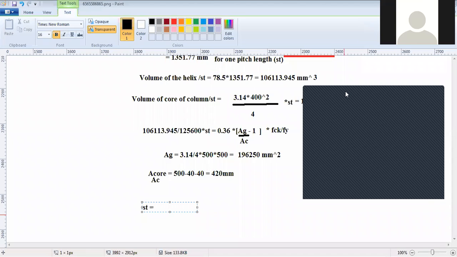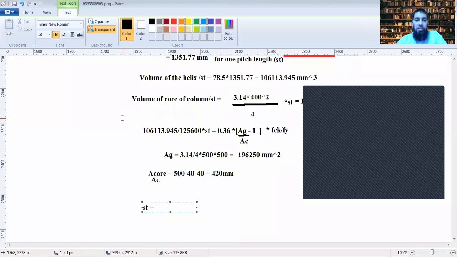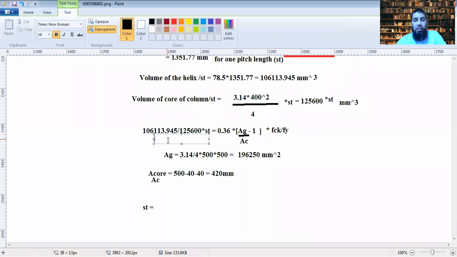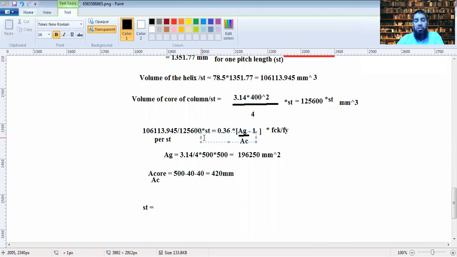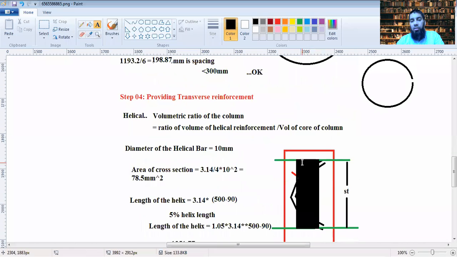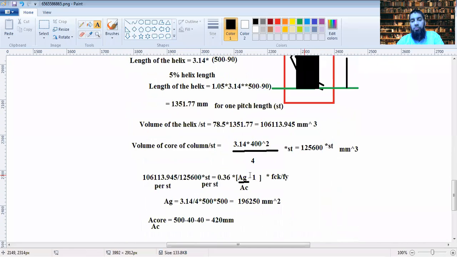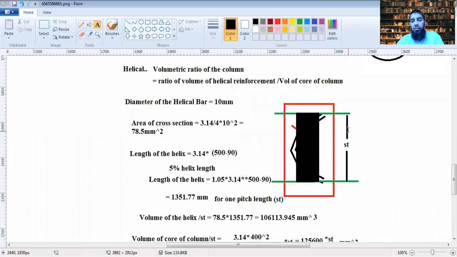सर, इसमें हमने निकाला ना ये वॉल्यूम ऑफ कोर एंड वॉल्यूम ऑफ हेलिक्स, हमने दोनों में पर यूनिट पिच लेंथ के लिए निकाला, तो दोनों में कैंसिल हो जाएगा ना, वहाँ पे हमें लेंथ की जरूरत भी नहीं है ना सर। आपने वॉल्यूम कहाँ निकाला वहां पर? वो तो ऐसे होगा ना, this is per unit, this would be 125600 into St per St, isn't it? आप जब वॉल्यूम इसका निकालोगे तो it would be area cross section into the length first, वहां पर तो आपने निकाला ना उसकी लेंथ पर St।